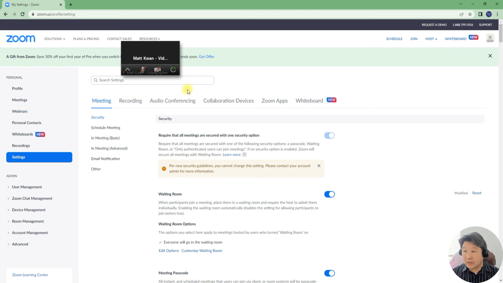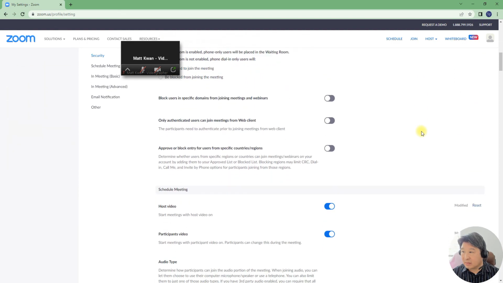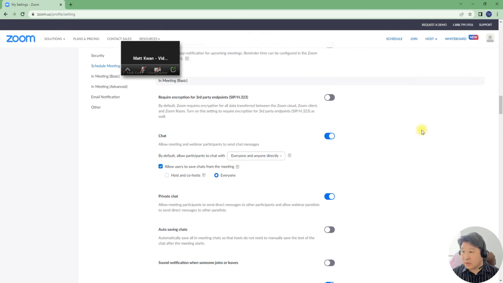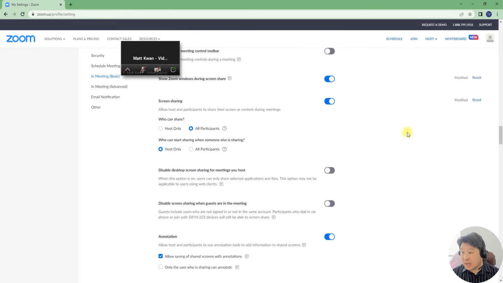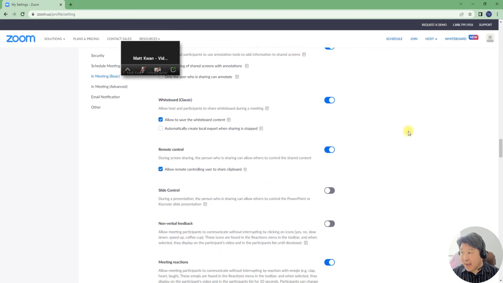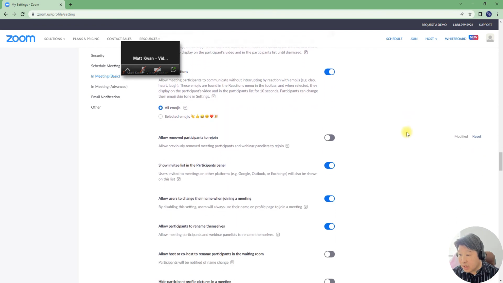I have all these settings here and I'm going to go to about the middle, scrolling down, and I'm going to look for something that says allow the person back. Should be coming soon. It says allow